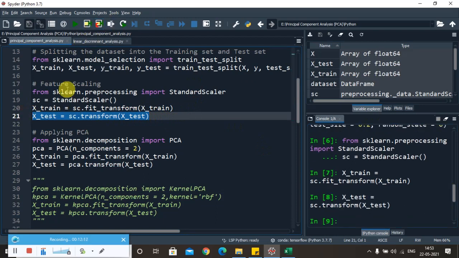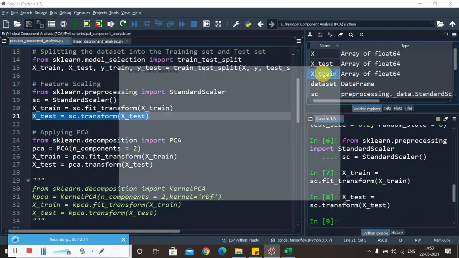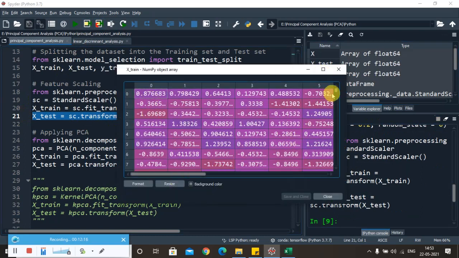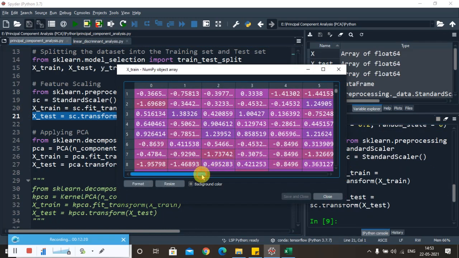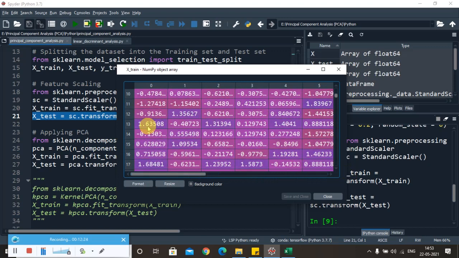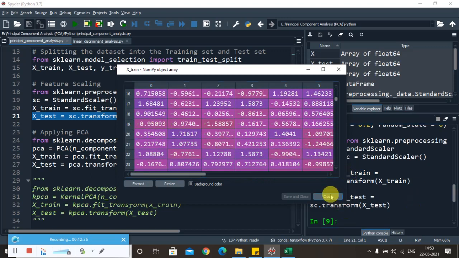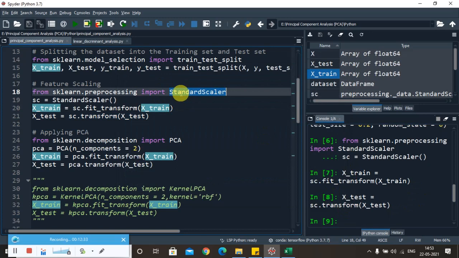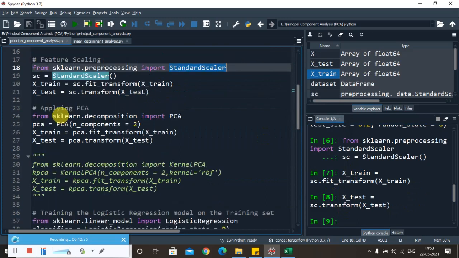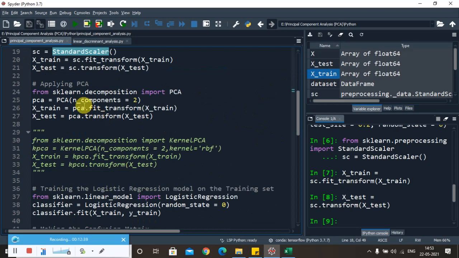Now you can go and verify whether everything has been scaled or not, and you can see that we are able to scale all the data in all the respective columns. So all the data will range from -3 to +3. Usually there are two mechanisms here, normalization and standardization. So we are applying the standard scalar method. After applying this feature scaling mechanism, now it's time to apply the principal component analysis.